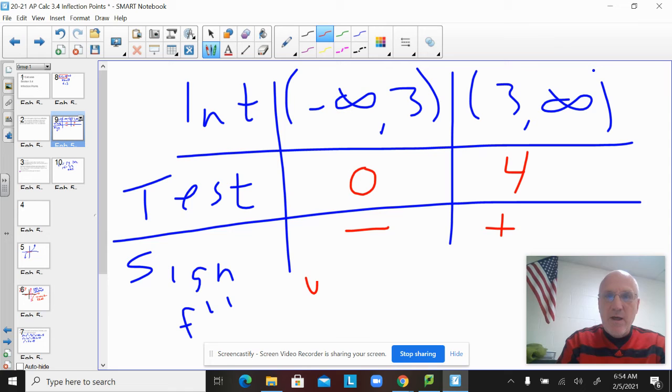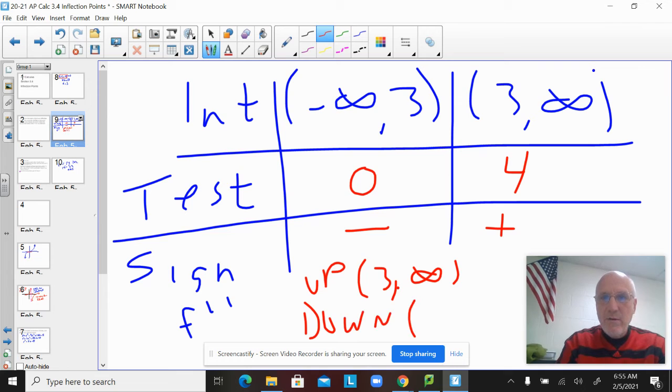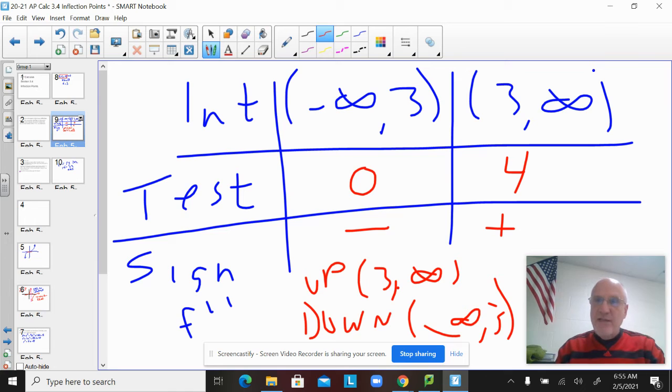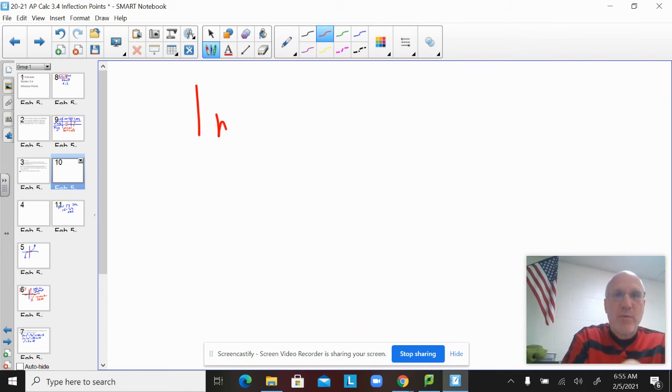So this is concave up from 3 to infinity. And it's concave down from negative infinity to 3. And is there an inflection point? Since the concavity changes at 3 and the function exists at 3, yes, there is in fact an inflection point